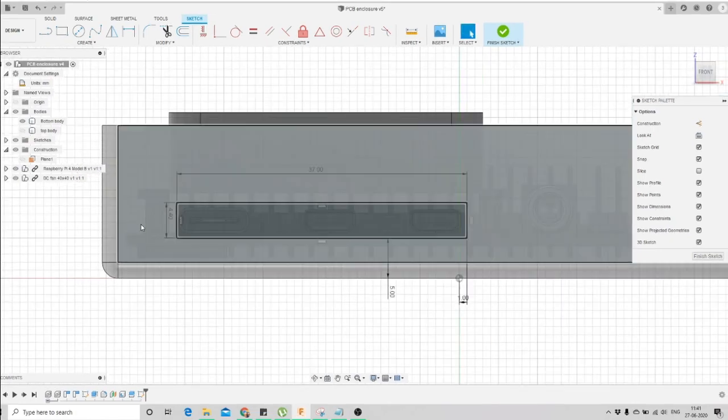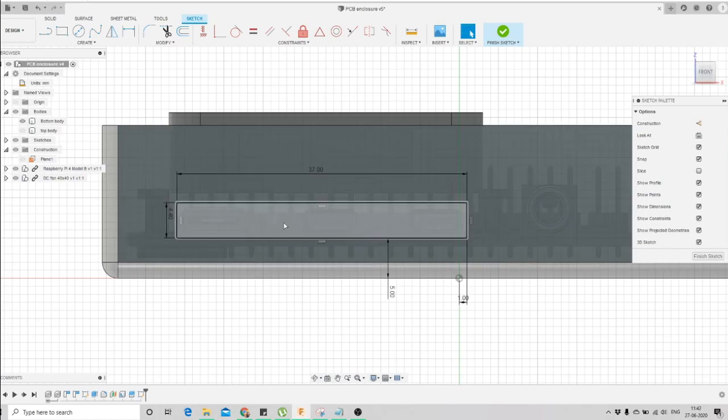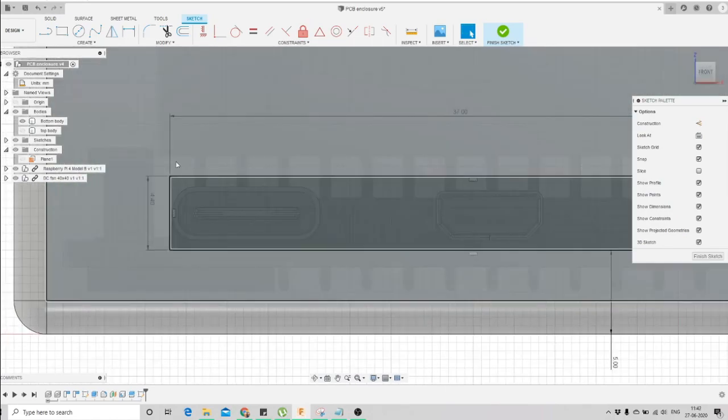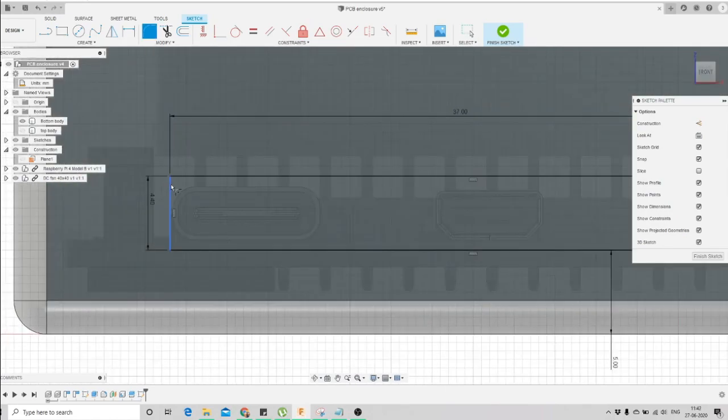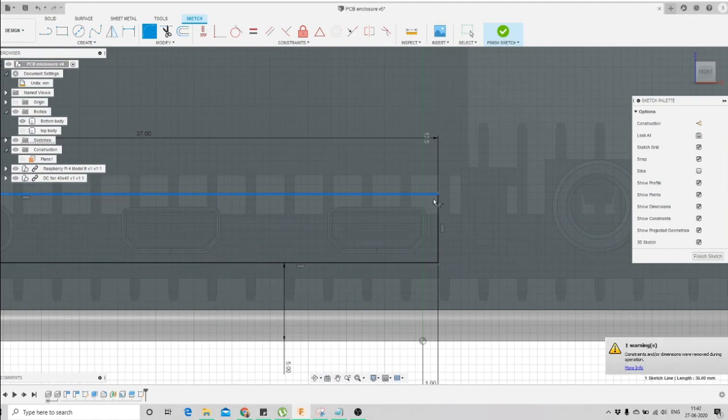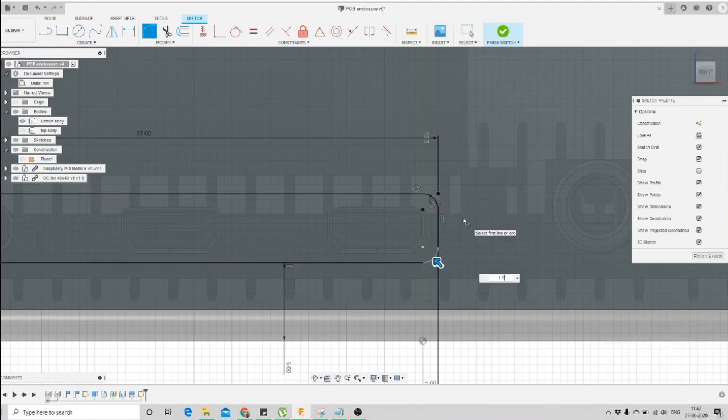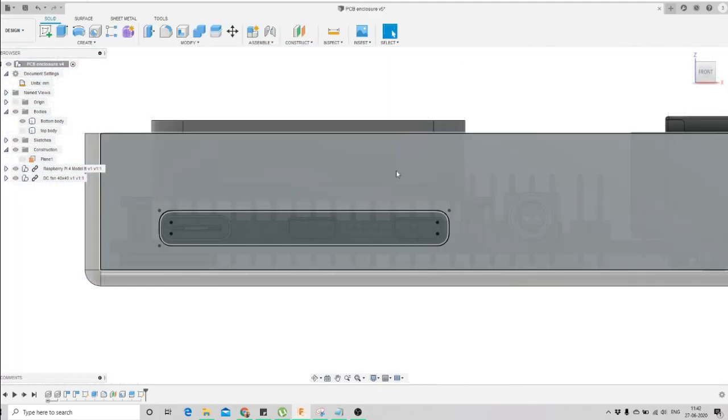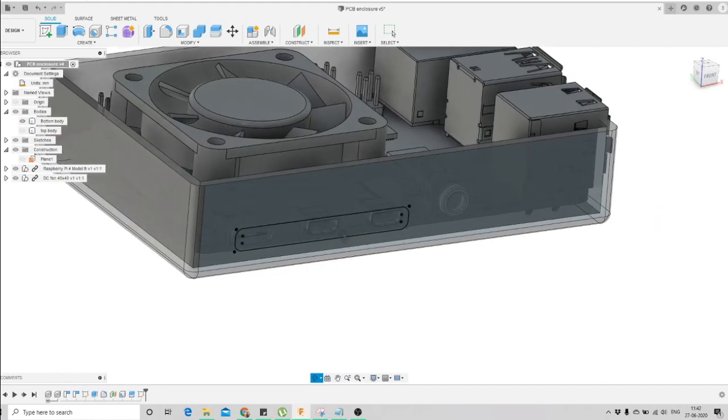So here you can see we have created this opening size. Now we'll apply some fillets around the corners, let's say 1.5 mm, press enter and click finish. So this is the sketch we have created on this plane.